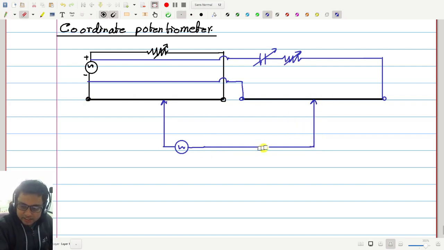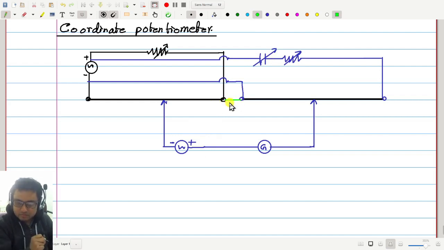And in series I need a galvanometer. Okay, now let me just join this, short this. Okay, now there is a problem. The problem is that if I short this, then these two